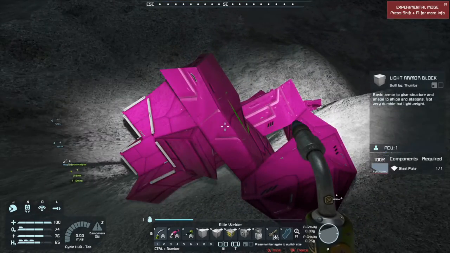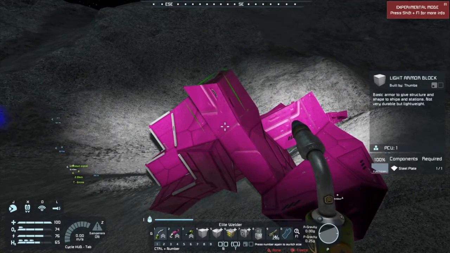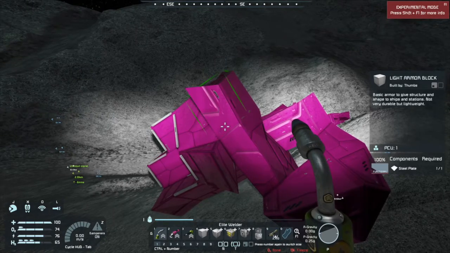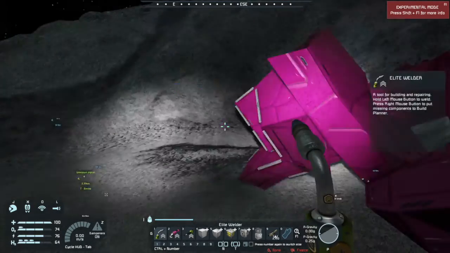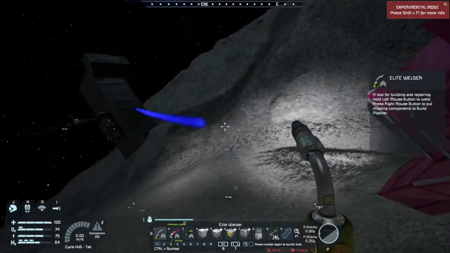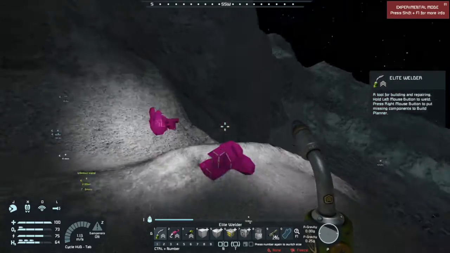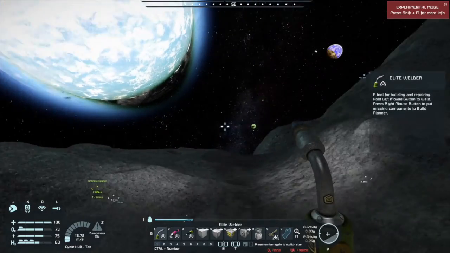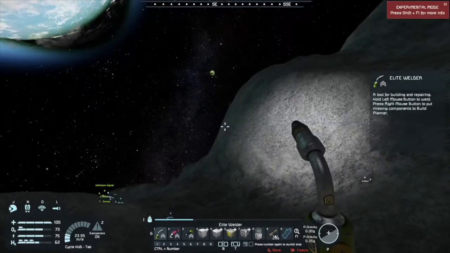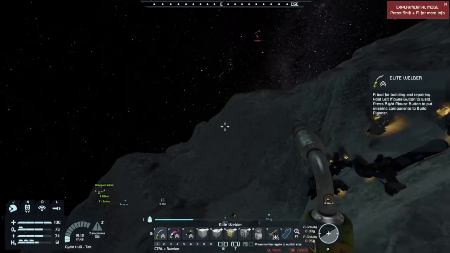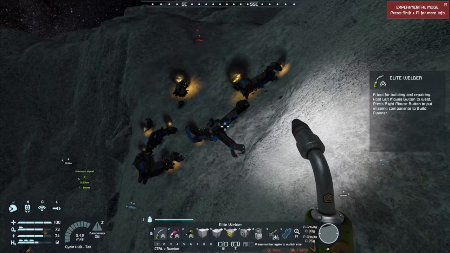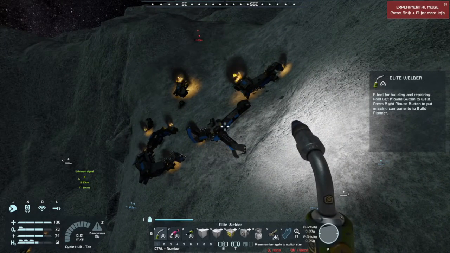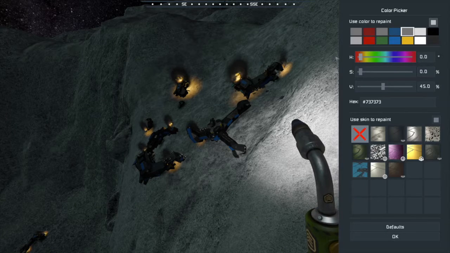I might use red, and that would be annoying, to say the least, if I paint it red and then it will be dragged away. So now this will nice and easy be drilling these things off, and over here I have a lot of debris. There's just one problem, and that is that when I choose my color,